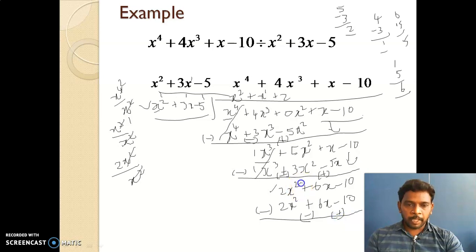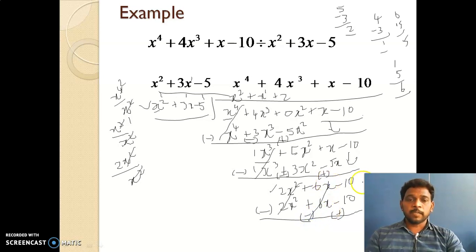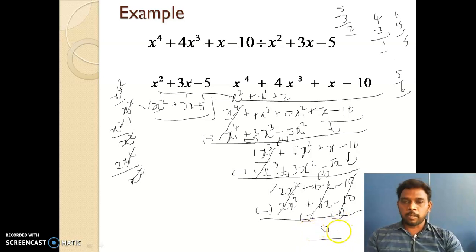So the first term automatically will cancel each other. And look at here plus 6, after changing the sign minus 6. So plus 6 minus 6 get cancelled. Similarly here minus 10, here plus 10. So both are different sign and same number, that also gets cancelled. So the remainder is 0 here. So what about the degree of the remainder now? The degree of the remainder is 0 itself. And here the degree of the divisor is 2. So this is less than this one. Okay. So just stop the procedure here. Now this is the quotient and this is the remainder.